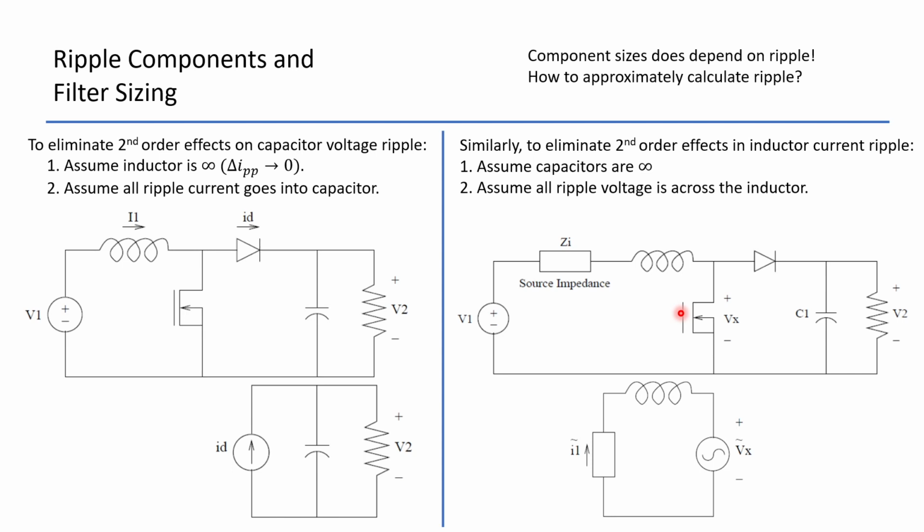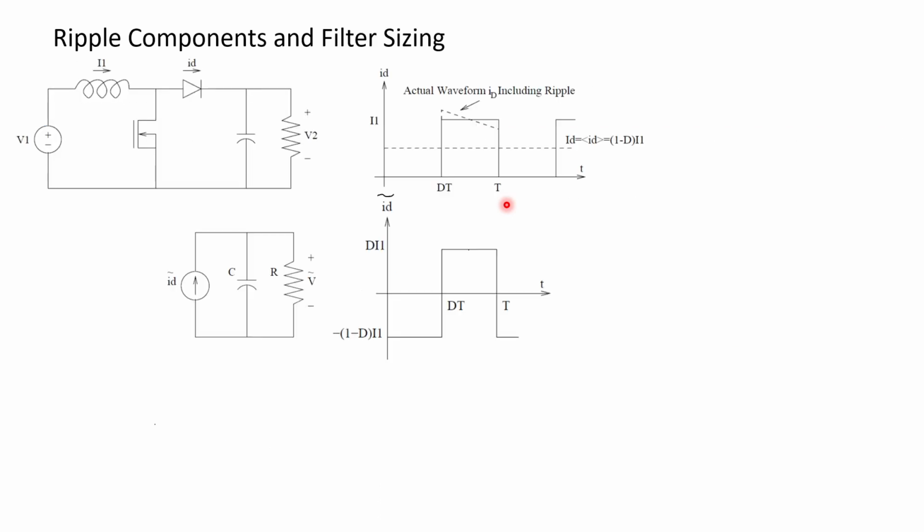And the second assumption is that all the ripple voltage is across the inductor. So here, ripple component and filter sizing for